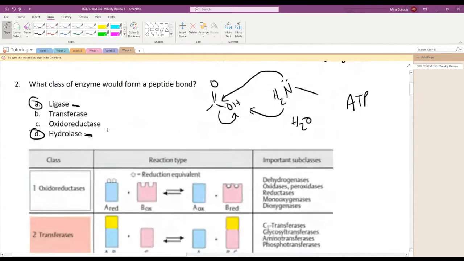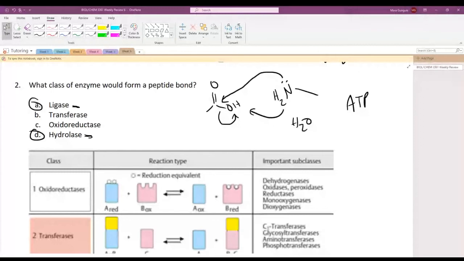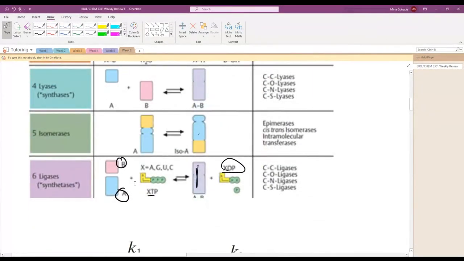Do you remember what DNA ligase does? One of the weird ones, I know, but it connects two strands of DNA together into a double-stranded thing. And so what we see is DNA ligase puts the two together, but they can also be used the other way, okay? It's not as common and it's not as sped up because,